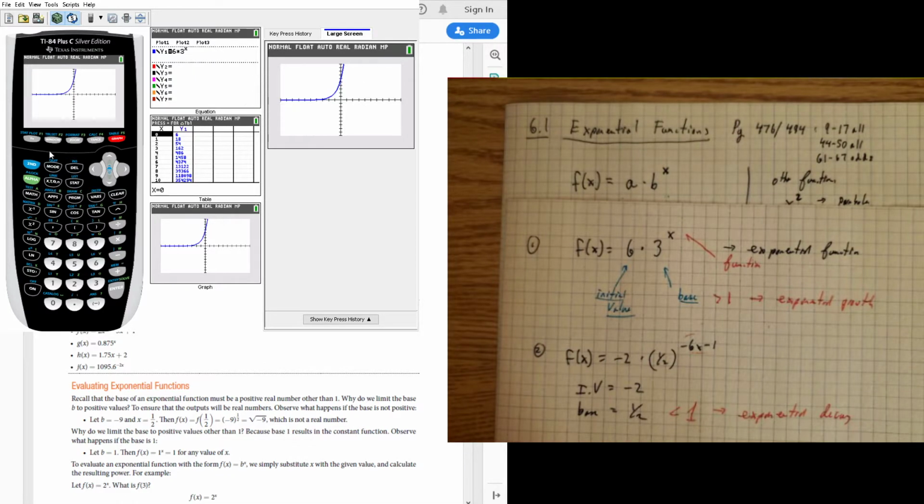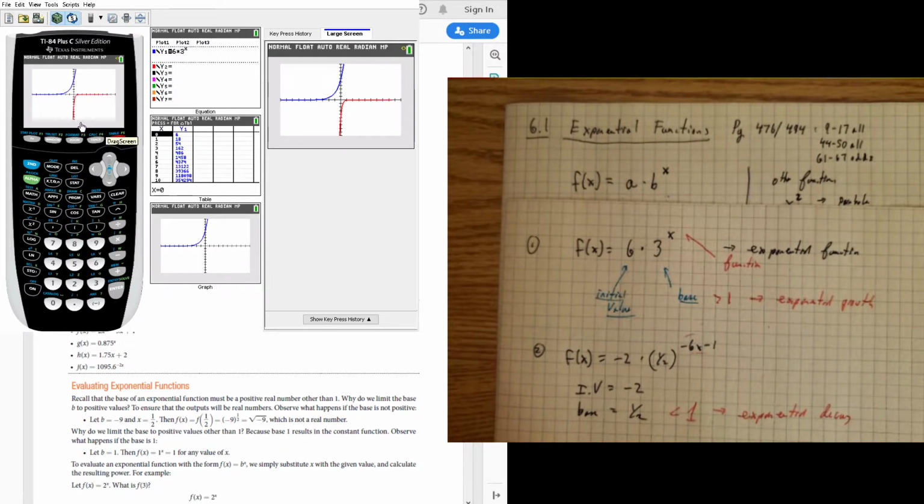On the other hand, let's see if I put in my other function, which will now be here in red. This one's a little more complicated, so I'm going to do 2 times 1/2 to the 6x minus 1. And we got this one. What you'll notice is, as this thing graphs,